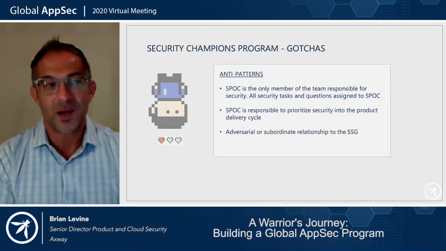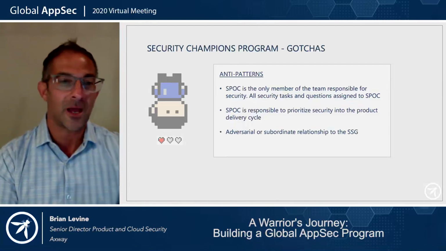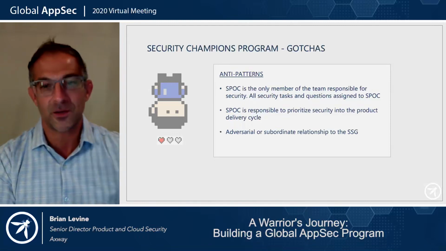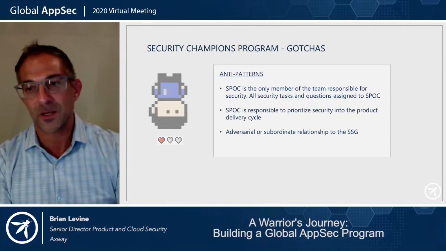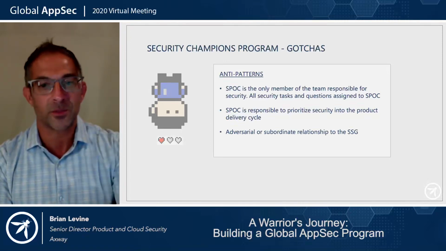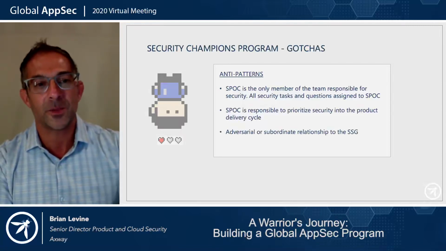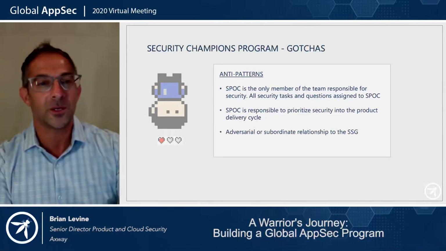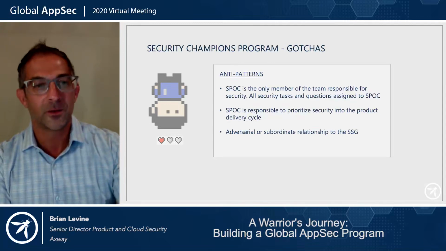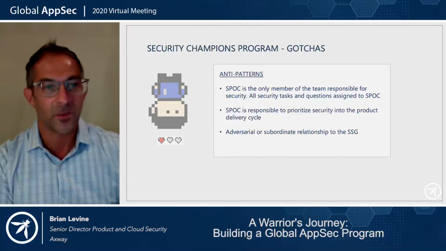You don't want to make the SPOC's job harder than it already is by making them convince their boss that security is a priority. This has to be driven from the executive top-down. So the executives are responsible to prioritize security. The engineering managers and product managers are responsible to be aware and have visibility on the security of their product, and they're accountable to make sure security is accomplished within their roadmap, within their delivery cycle. It's not the SPOC's responsibility to prioritize.